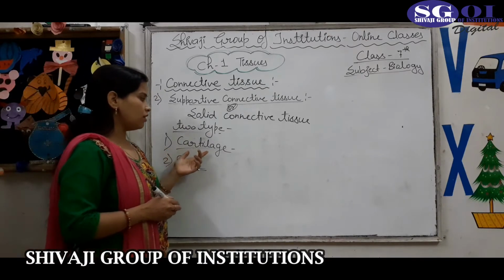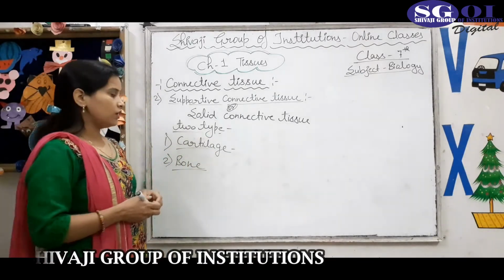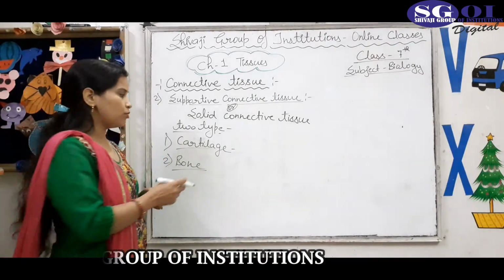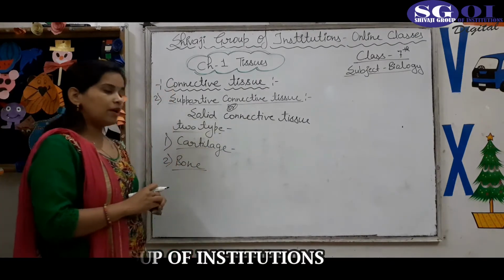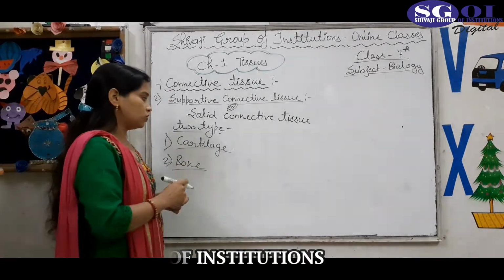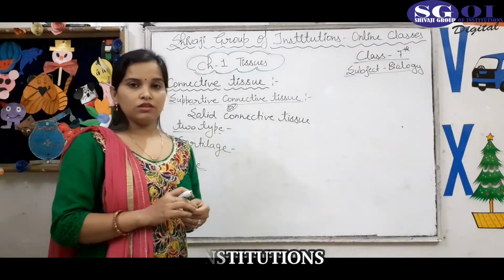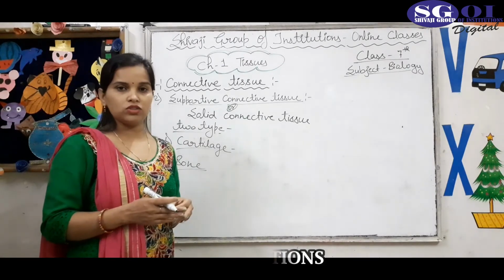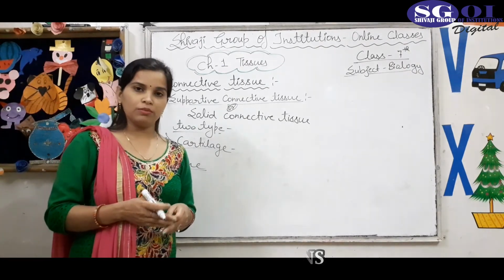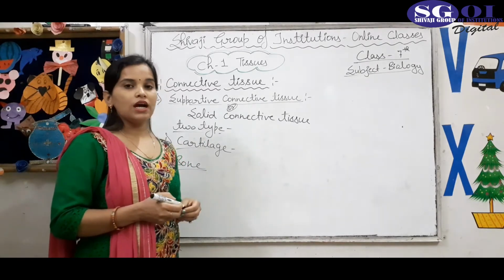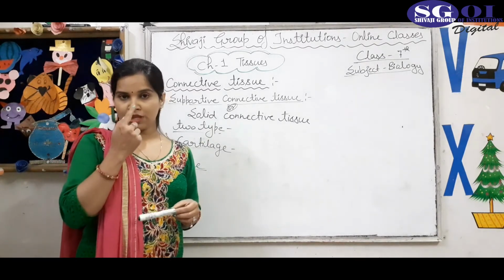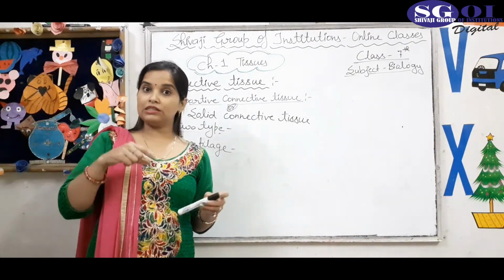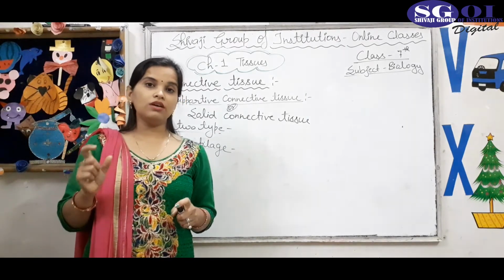It helps in making the tissues or organs flexible. This cartilage is composed of a ground tissue that is called matrix, and the matrix is not hard in cartilage. This cartilage is present between the bones to reduce the friction, and it is also present at the tip of the nose, in the ear, and at the ends of the bones.